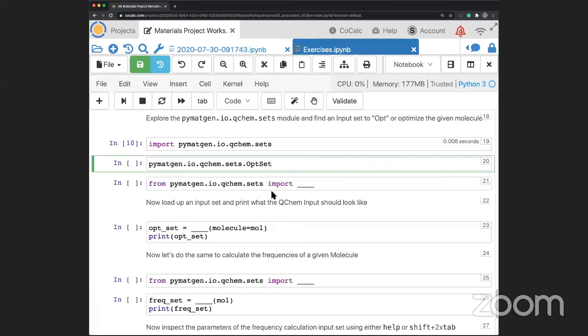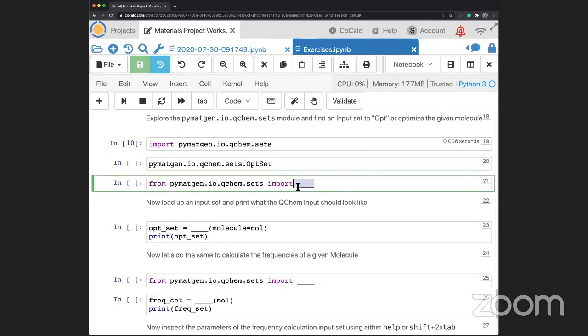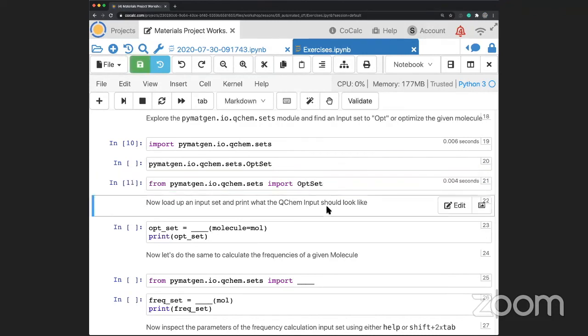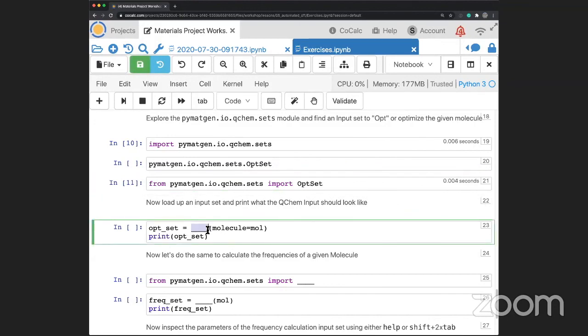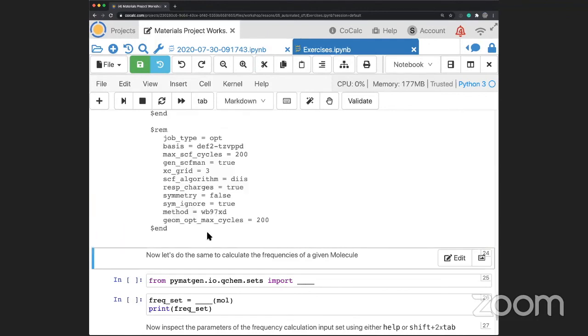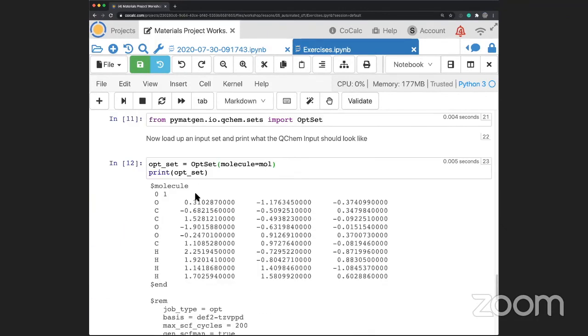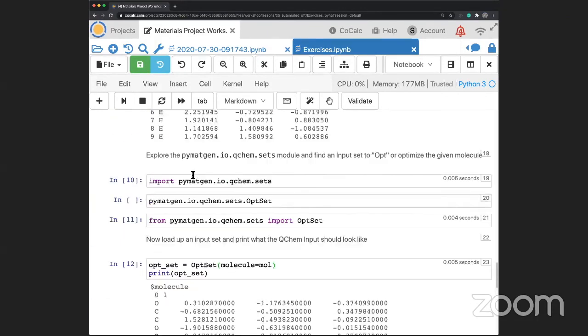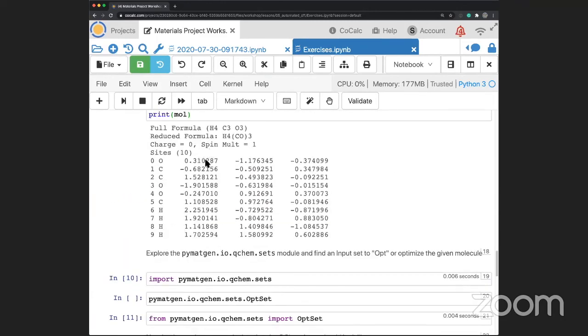So I'm going to click on that so it gives me my space back on the screen. And I'm going to type in this blank empty line here, opt set. So OPT, SET, opt set, shift enter to run it, and now I imported that. And again, I know that that's the set that I want. So OPT, SET, shift enter, and you can see that it converts the XYZ molecule that we had here